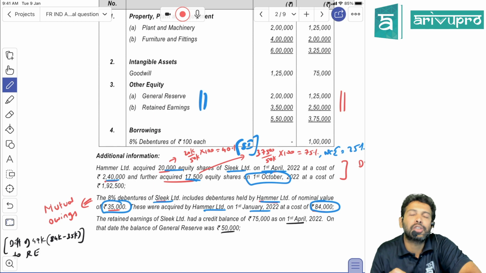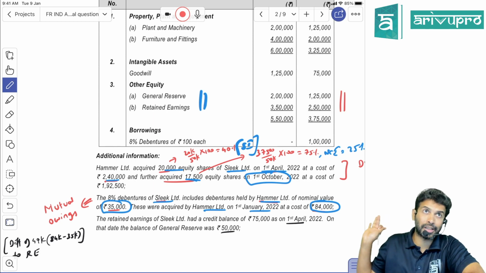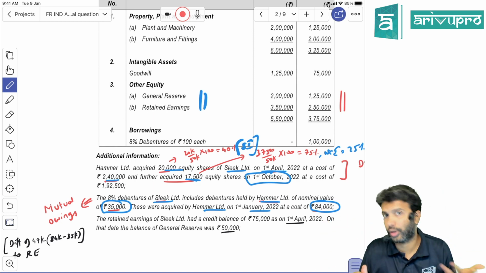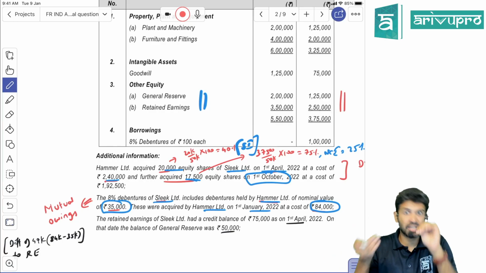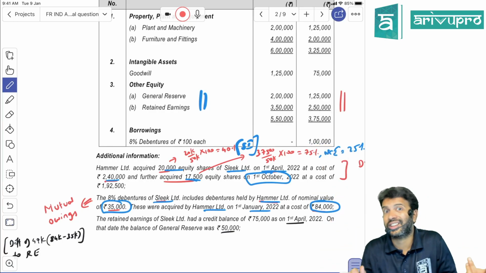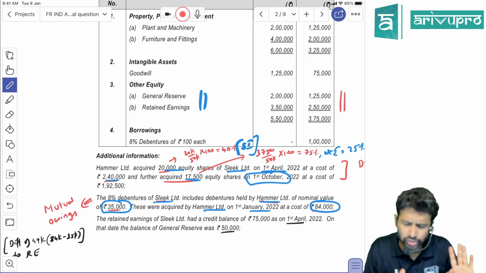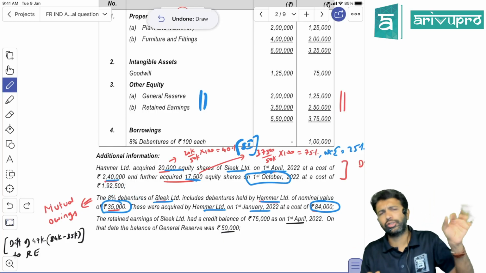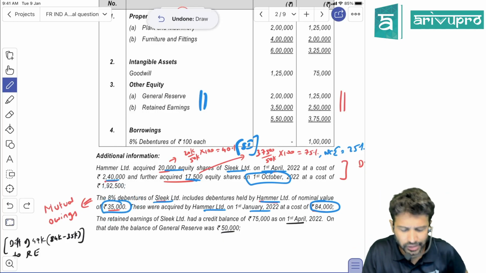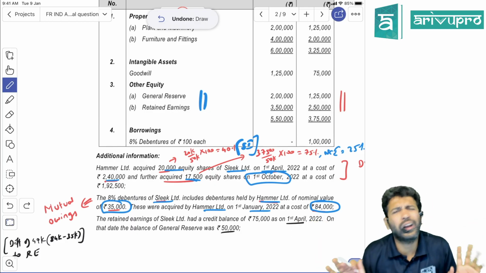The subsidiary company is probably showing it at 35,000. So will they follow the ACM method? No sir. They have not given any data for us to do ACM. For ACM, we need the effective interest, redemption value, the term, etc. They need to give that. If they give only this much data, we will assume that the subsidiary company is showing their debentures at 35,000 itself. We don't know, lack of information.